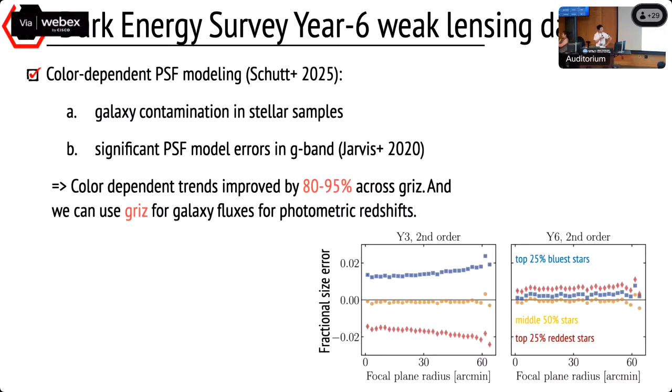Actually, I don't know. Just because it's a second order effect, so you can think of it like a parabola. But this is the PSF modeling error, so the galaxy color doesn't matter. If we overestimate one side of the